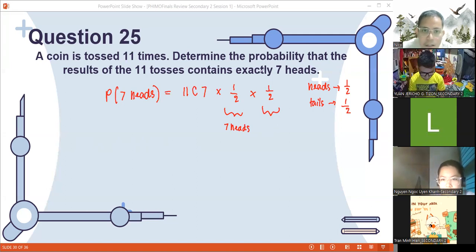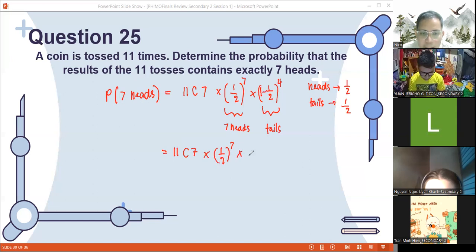This one is for your tails. Since there are 7 heads, this is raised to 7, and the tails is 1 minus 7, so raised to 4. Okay, 4 tails. So rewriting, this is just 11 C 7, 1/2 raised to 7, and then still 1/2 raised to 4. So the answer here is,